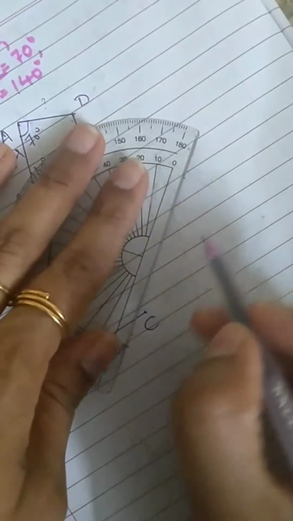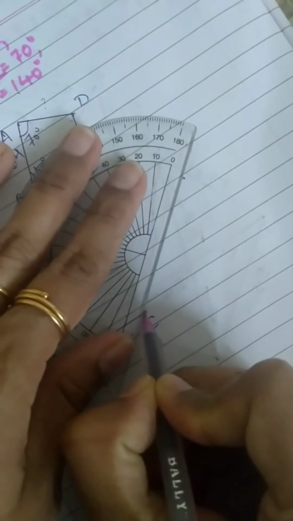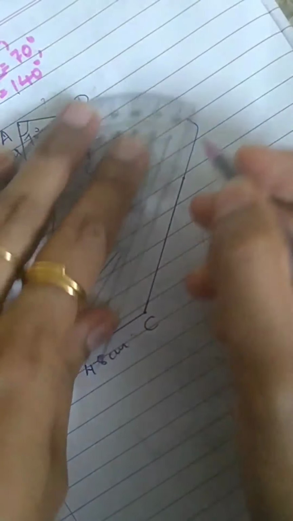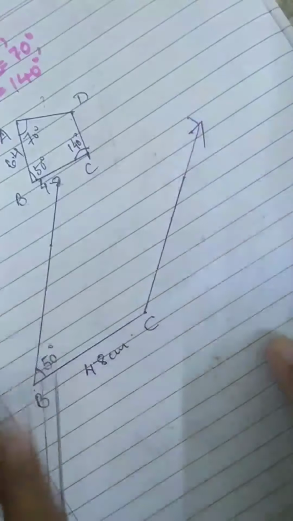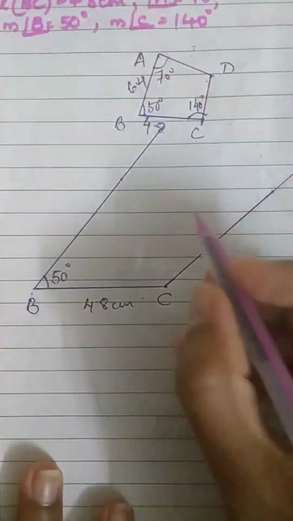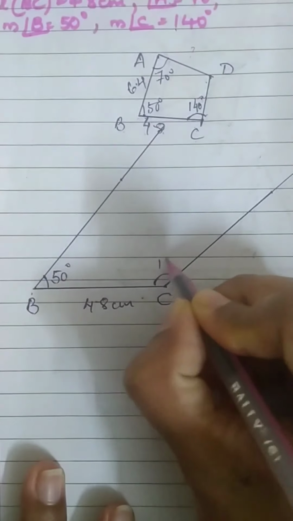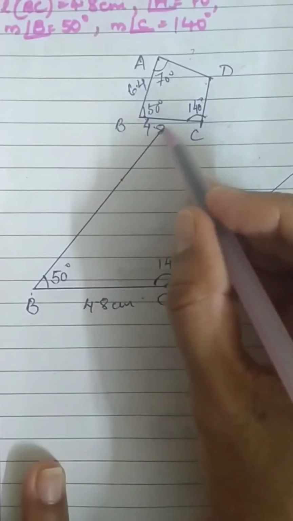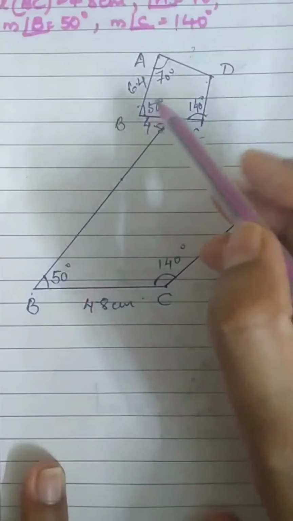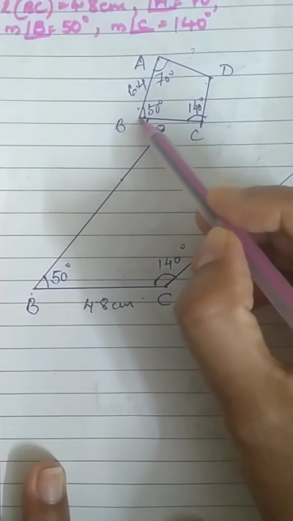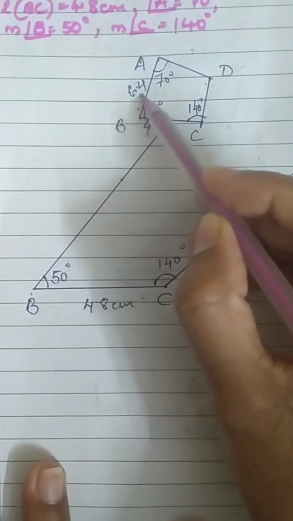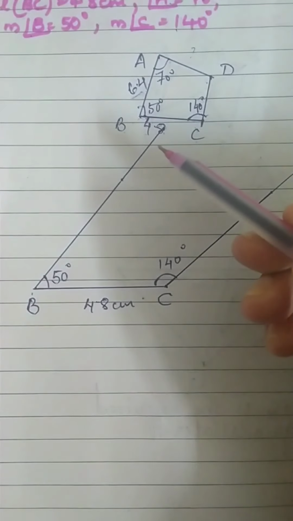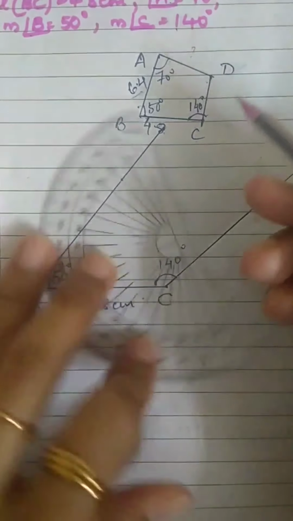Join C to that point and extend it. This I'll cover up by drawing an arrow. Before we forget, 140 degree. Now, these three things are over. Now what is remaining? From B, we will take 6.4 on our compass. Draw an arc. So we'll get our AB, side AB will be ready.